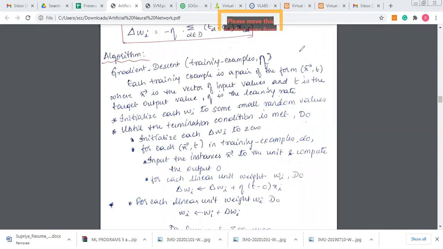I calculate the output O and delta Wi, the old value plus η times (target minus output) times X, which gives me my new value. I update that to my weights, and for each and every point I perform the same operation until the termination condition is met. I hope I've made this clear.